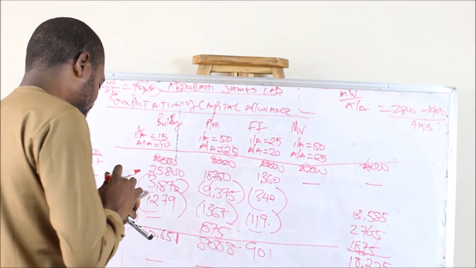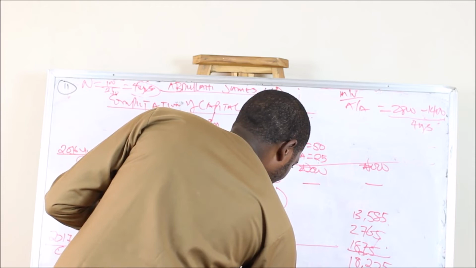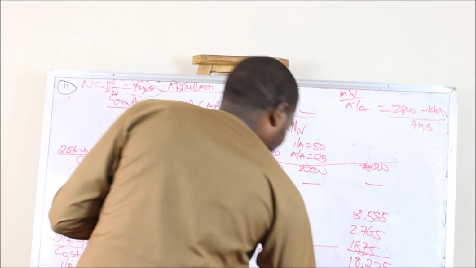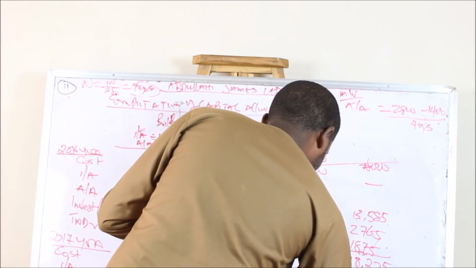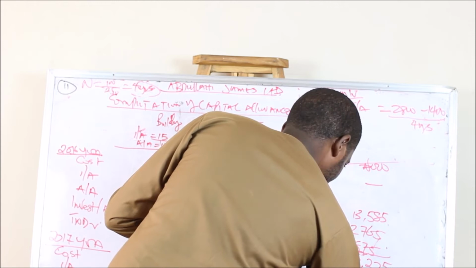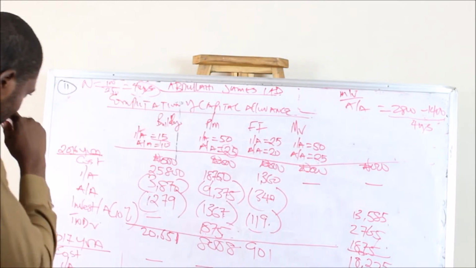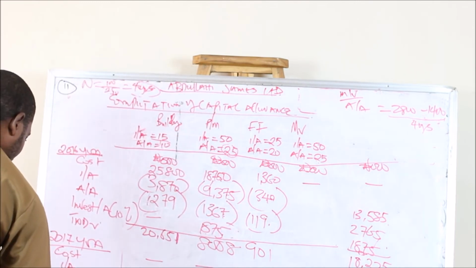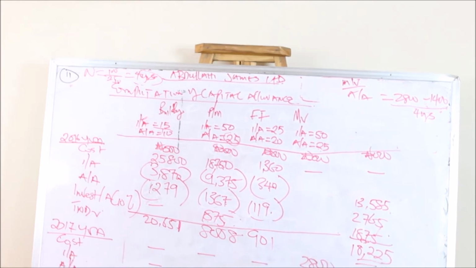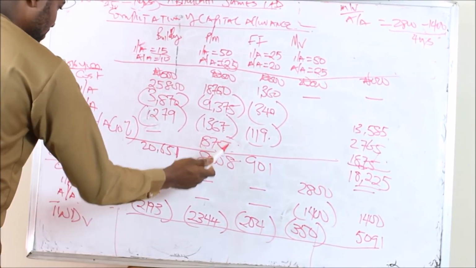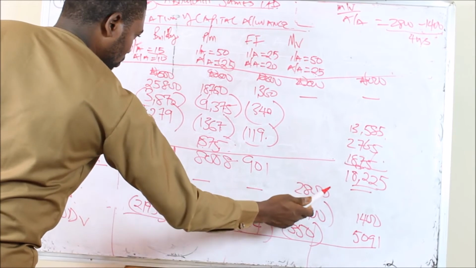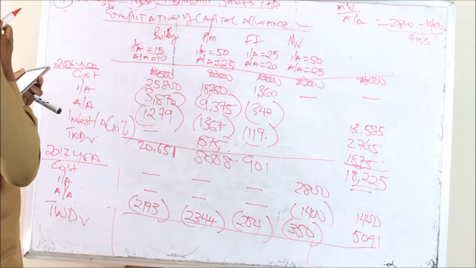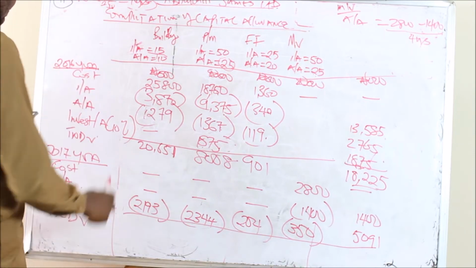So 350 is the annual allowance for it. So if you add everything together, it's going to give you 5091. Yeah, 5091. So now, what I'm going to do next is for us to determine again the tax written down value for 2017. We just minus this from here, this minus this gives you this, and all that. So we now minus here. If you minus here, for you to get your tax written down value, here is going to give you